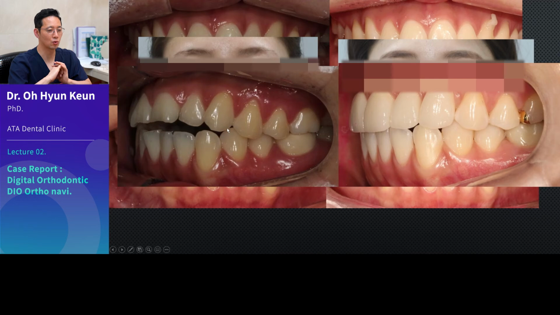Let's suppose that you don't do braces, and this patient came into your office. What would you do for her? Overjet is severe with crossbite here. If you would have attached partial teeth, you would need to do nerve treatments, then insert posts, and so on. Even then, you can't guarantee a successful result. But accompanying a brace in the treatment, we can get a better result.